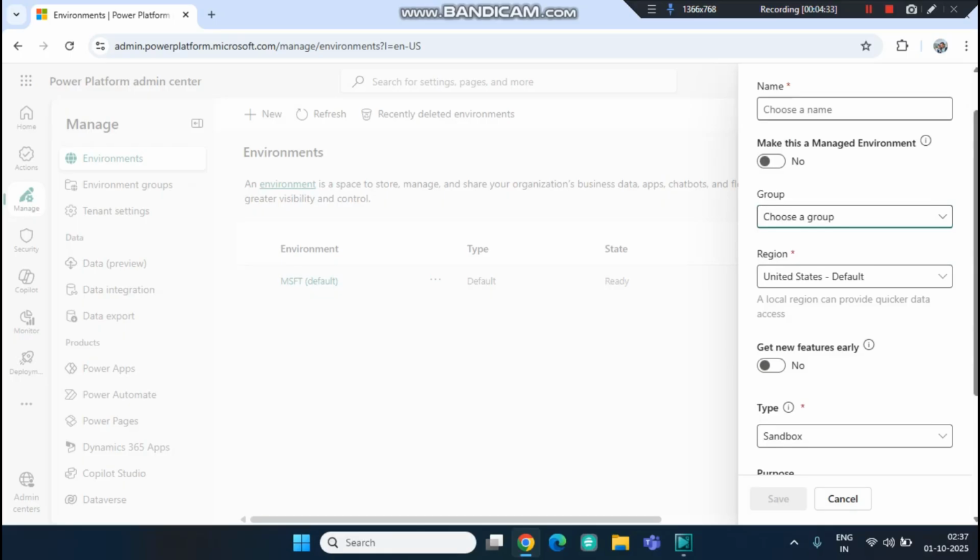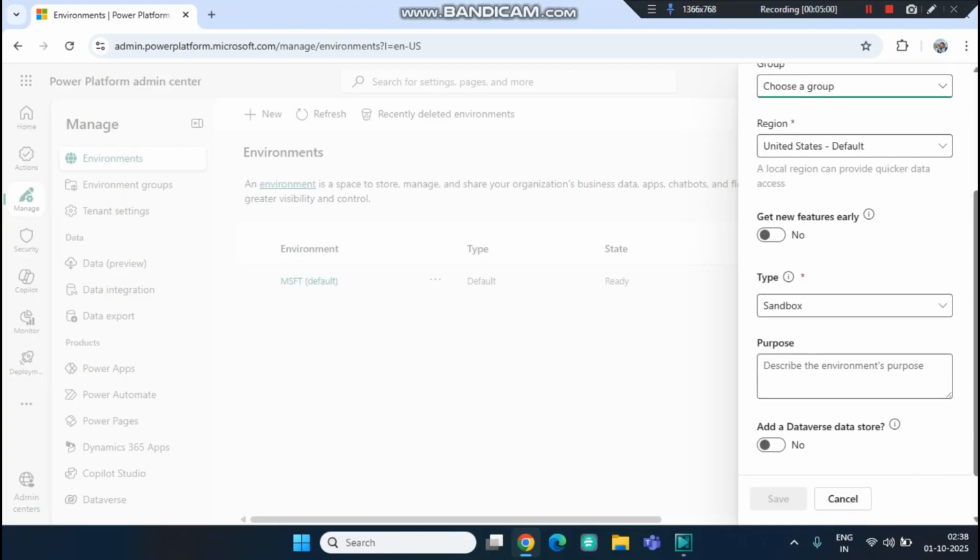So you can create multiple groups as well, wherein suppose you are a parent company and you have subsidiary companies. So you can create a group for Google. You can create a group for YouTube wherein all the environments related to YouTube will be covered. So these sort of environment groups you can create. Okay, and